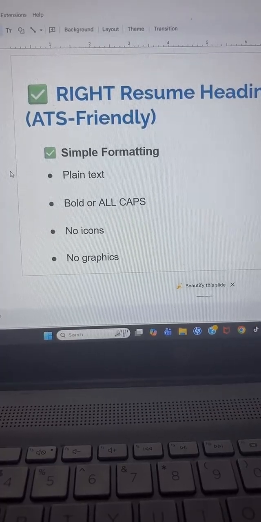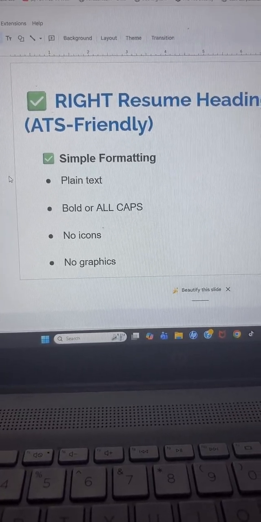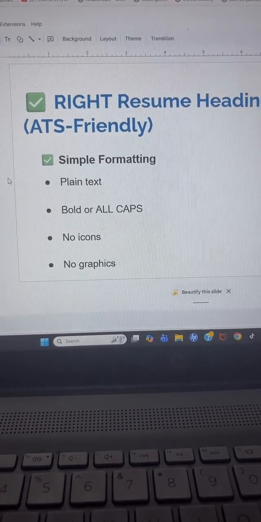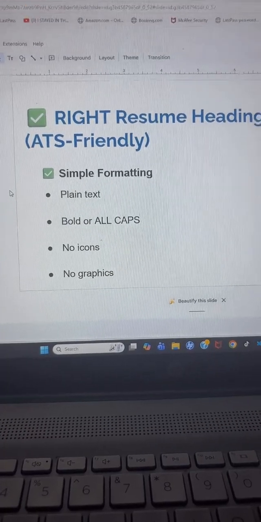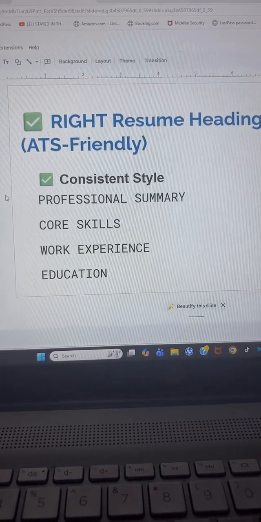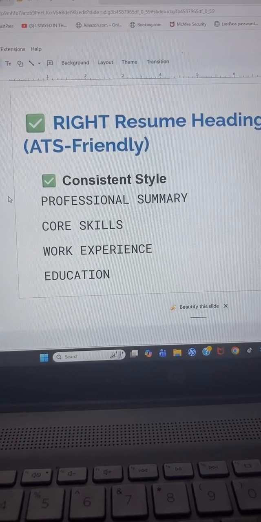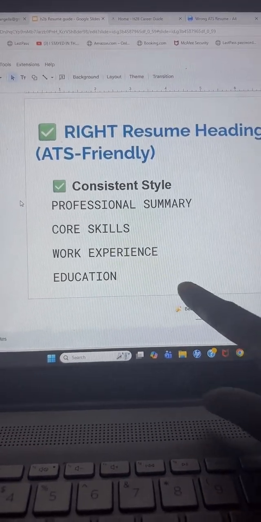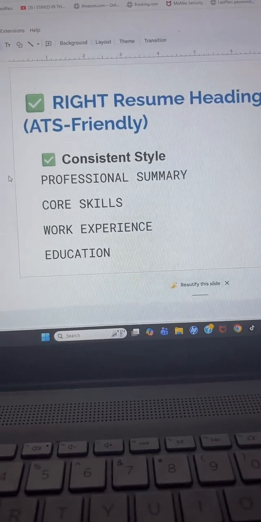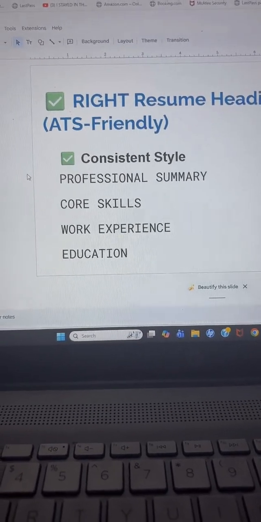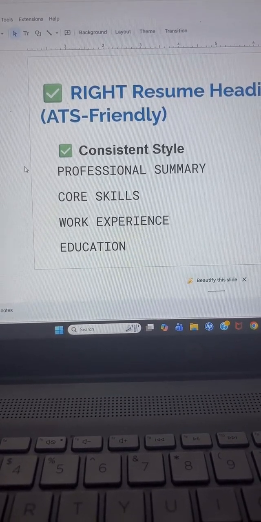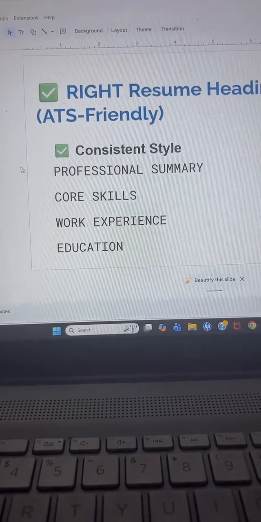You choose whatever format you want, if you want it in bold or in simple text. Make sure that the styles are consistent like this.